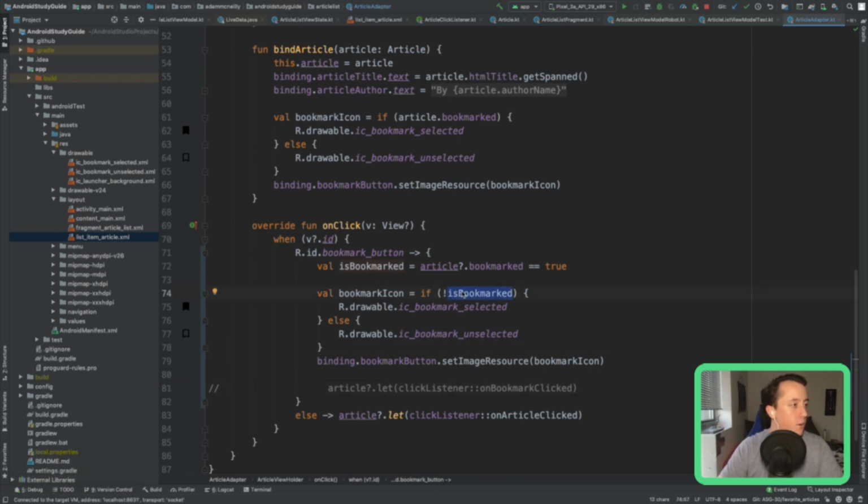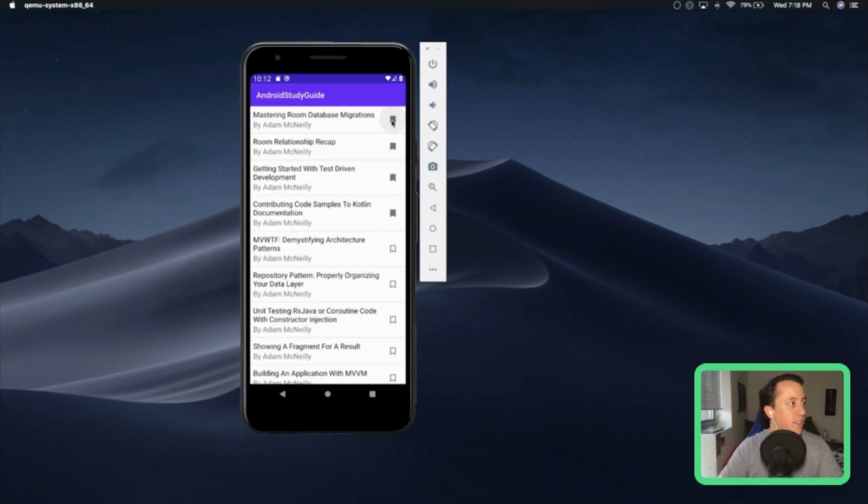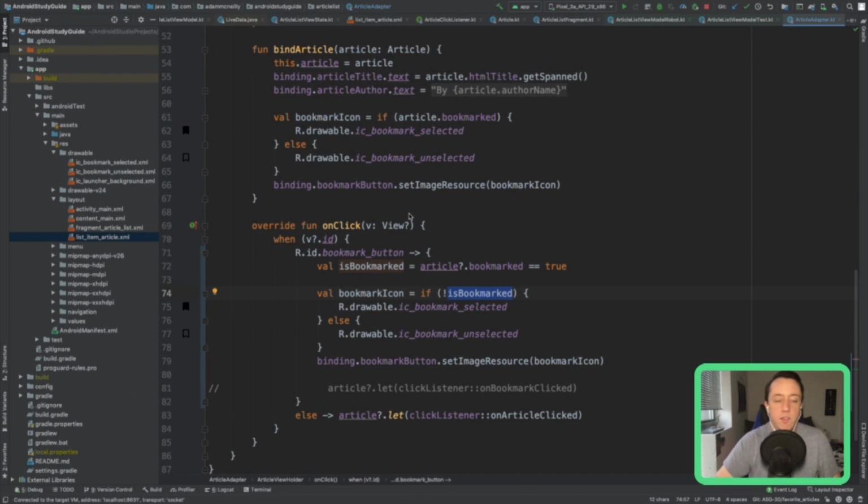Oh. Wait. Okay, so the reason I can't unbookmark these is because I'm not actually changing the local state. Interesting. Okay. But this is good to know, that this whole round trip between locally updating the view state and then updating the recycler view is what made this lag.